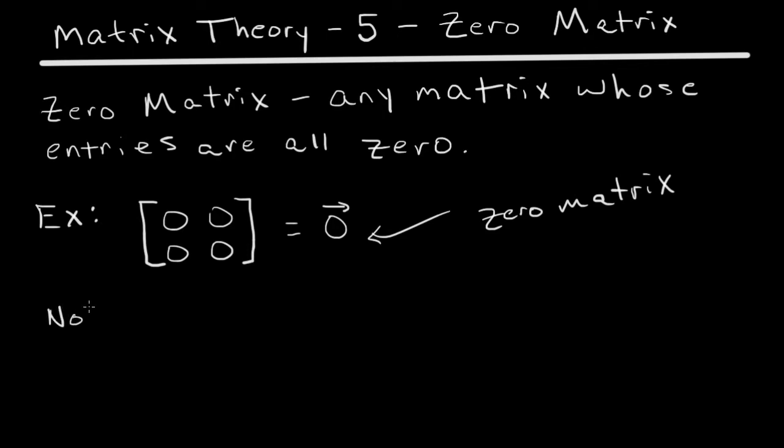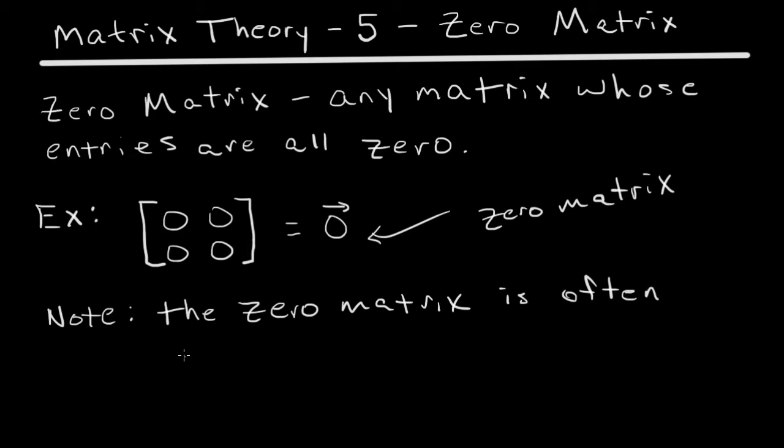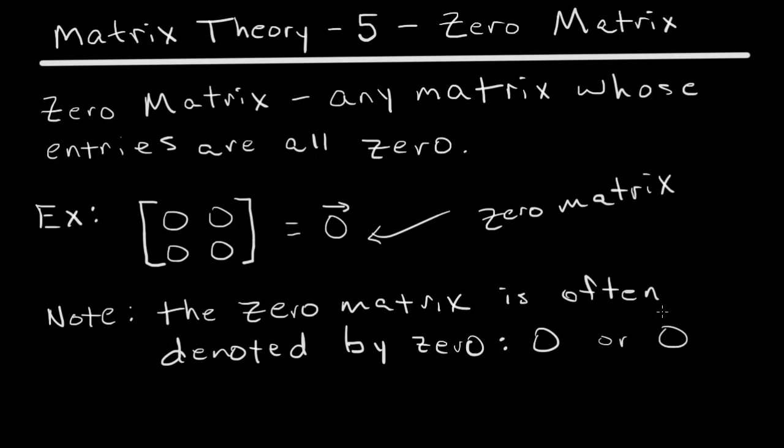So, note, the zero matrix is often denoted by 0. So it'll look like a 0, or it might be a 0 with an arrow drawn at the top. And the arrow drawn at the top just means it's a vector. So this is going to be called the zero matrix or the zero vector, and it doesn't have to be